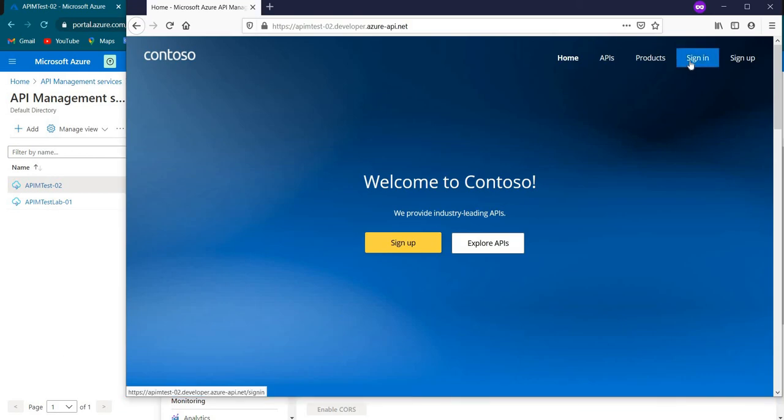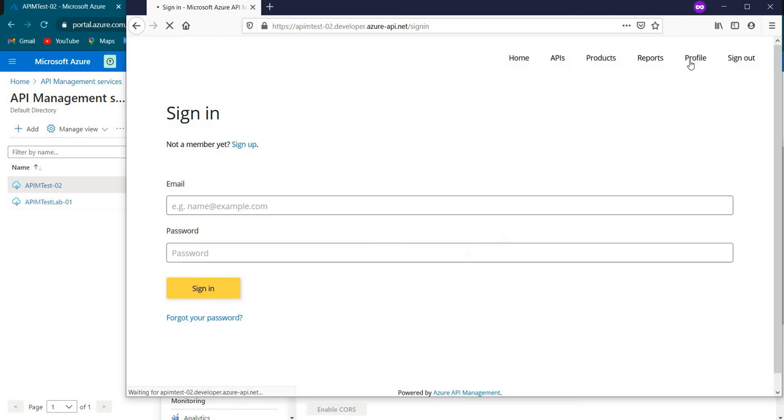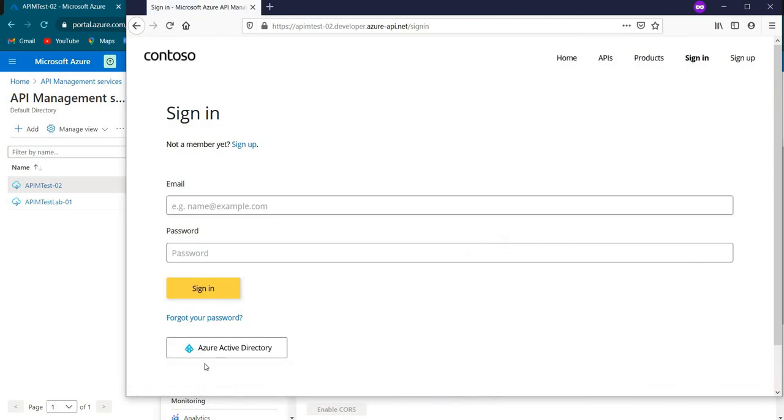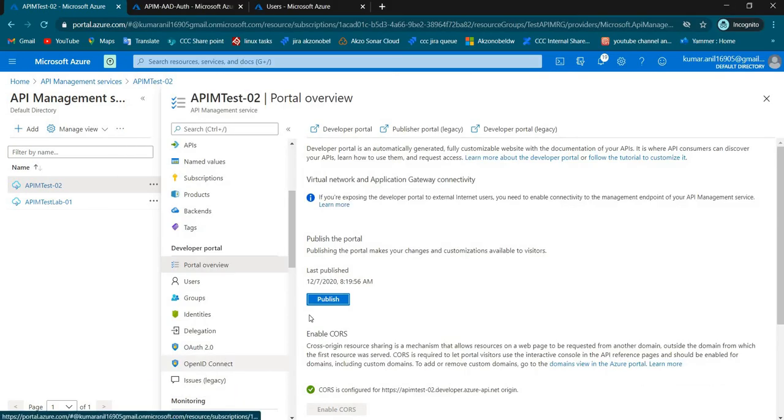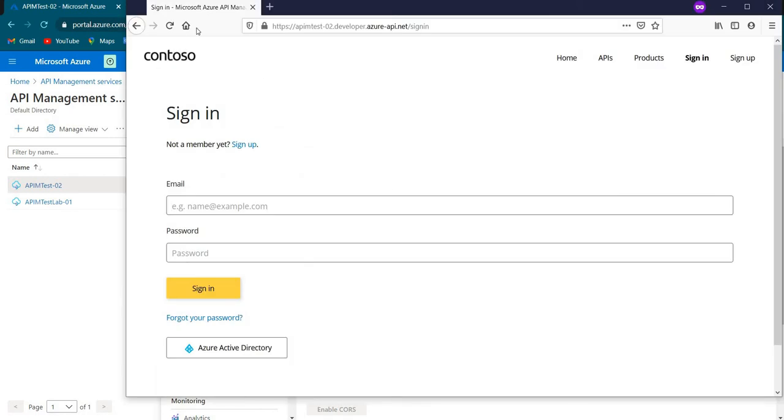Let me sign in here and see whether the Active Directory option is showing or not. It is showing. As I said before, I didn't publish. I published it, and after that I have to try that. Let me sign in again. Let me refresh this page.